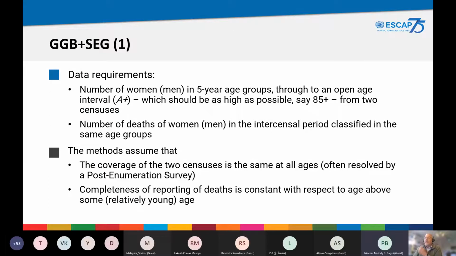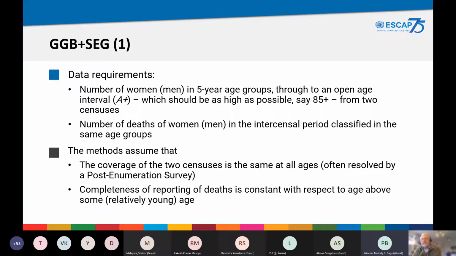In order to apply the methods, the combination of the GGB plus SEG requires only fairly simple tabulations of data. Firstly, it requires, on a sex-specific basis, the number of women or men in 5-year age groups through to some open age interval, which we call A+, which we would want to be as high as possible, say age 85